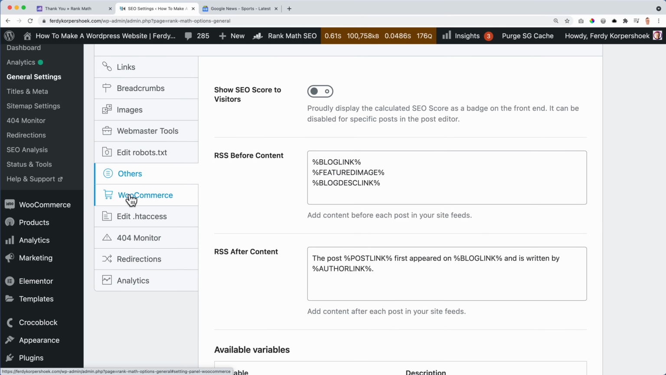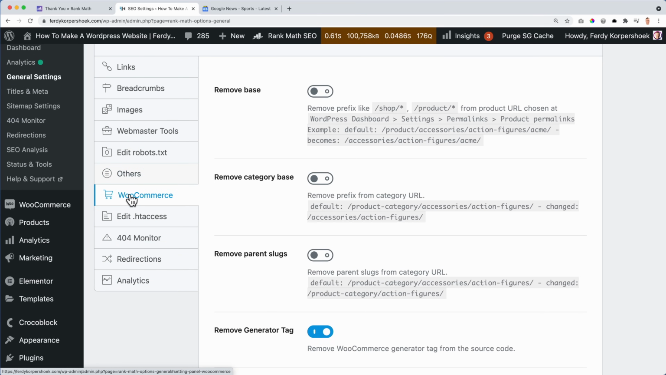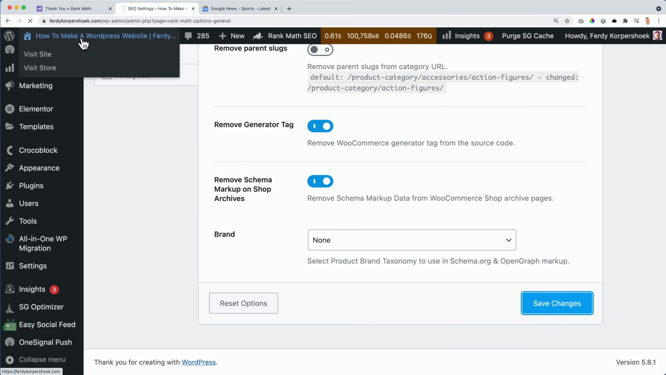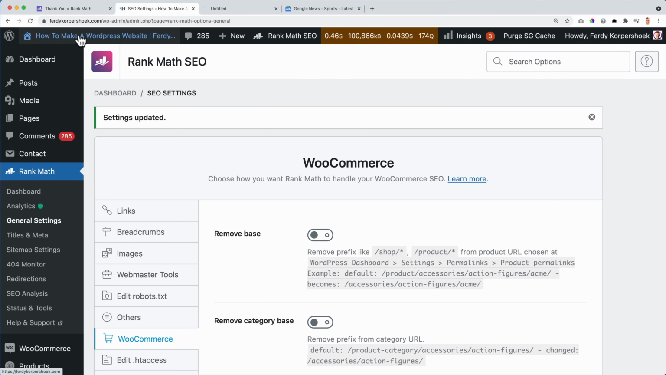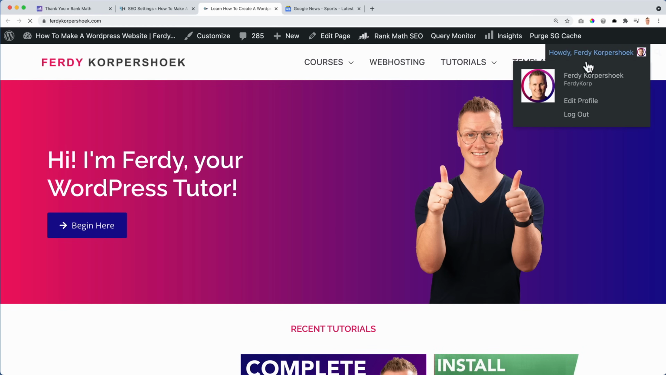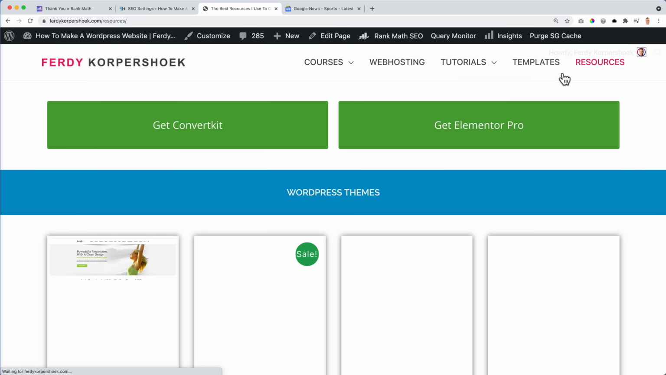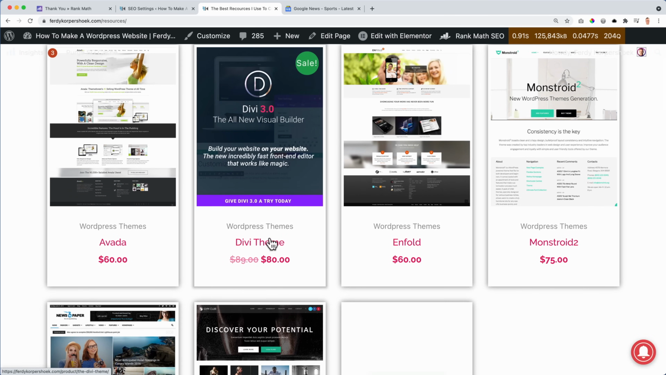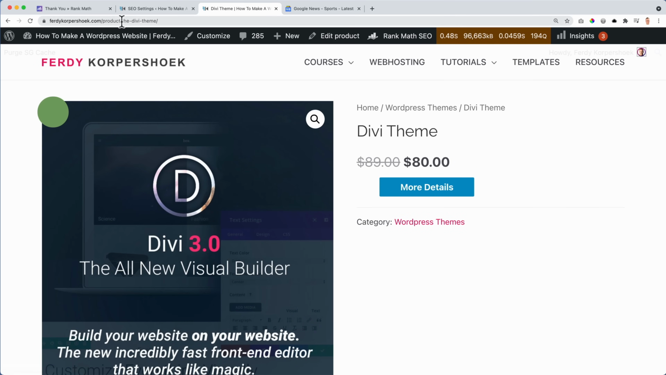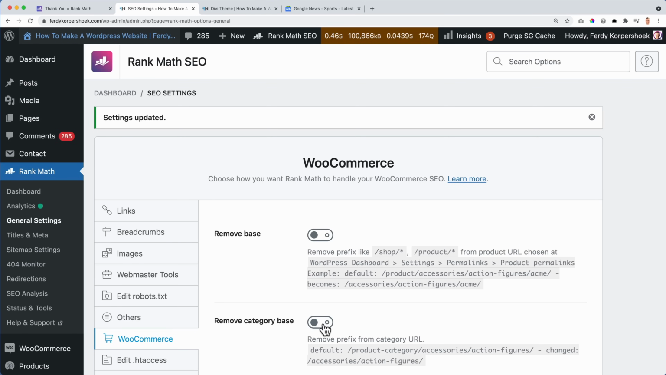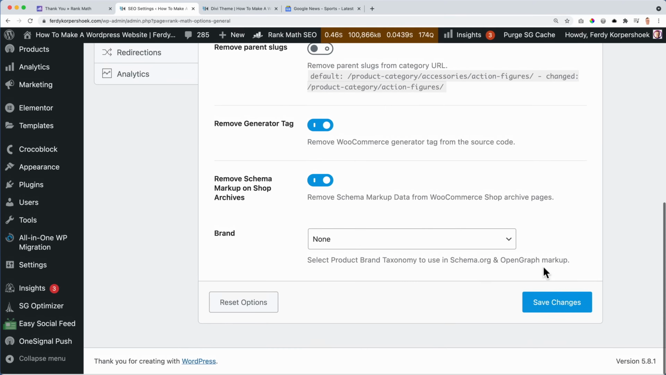And this is available because I have installed WooCommerce. If you don't see that, it means that you don't have WooCommerce. So over here, you can again remove things like shop and category base. Well, I like this one, but I turn off this one. So let's see how it looks right now. I go to the website. And here at resources, I have the Divi theme. Right now it says product, the Divi theme. If I would turn this and this off, and I save it,